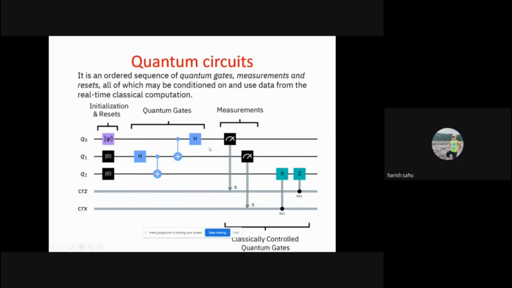So these are the four components majorly there in a quantum circuit. And as we are aware, whatever algorithm or quantum program you want to implement, the core of that is basically a quantum circuit. If you go low level, it will be some kind of quantum circuit that is being implemented on an actual quantum computer, similar to our classical computer. But the different thing here is that these have quantum gates, and this quantum circuit has some properties which are different from classical circuits. We will see that.